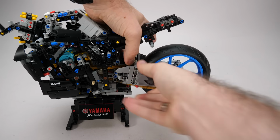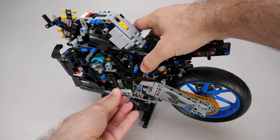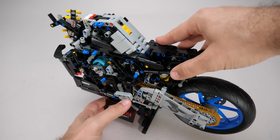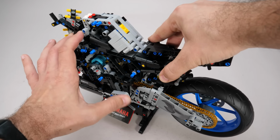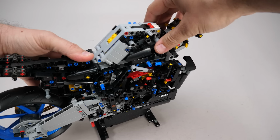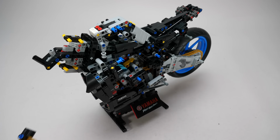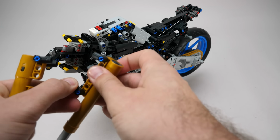Here is the other side of the swing arm, then the small mudguard piece. And then comes the magic moment of truth. We do have a proper shifter, even though for some reason it's not highlighted in the instructions. With the shifter built in, it's now super easy and convenient to shift between gears, and the part on the other side actually just serves as an indicator. Very cool. Bag 5 starts with these massive shock absorbers, the same as on the BMW, but this time in